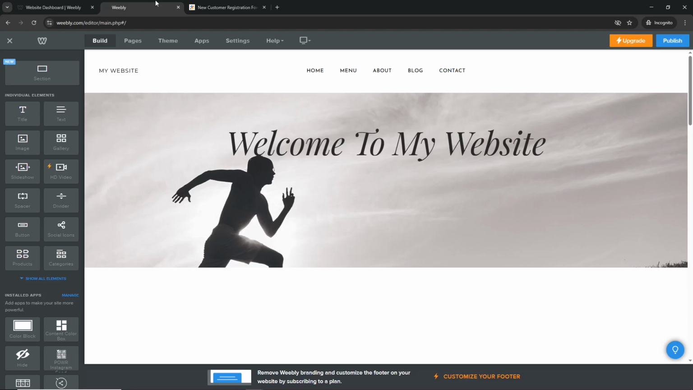Now let's head back to Weebly. When you're on the editor page, make sure the top menu shows that you're on build. This is important because it gives you access to all the elements you can add to your site. On the left side menu, you'll need to find embed code. If you don't see it immediately, just click on Show All Elements and it will appear in the full list